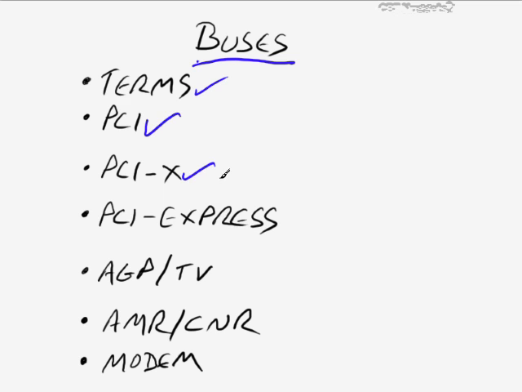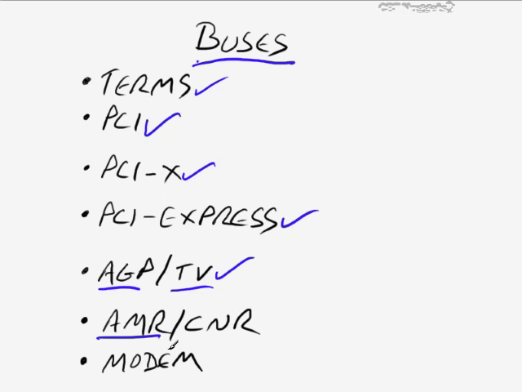Also, PCI-X, which is normally found in servers, and then, of course, as I mentioned, PCI Express, which is really good for now and for the future because it's a pretty good standard which allows a very high degree of throughput. Also, we took a look at AGP, which is the Accelerated Graphics Port. There are several different iterations of that, but that's also something of a disappearing standard. And we had a little discussion about TV cards as well.